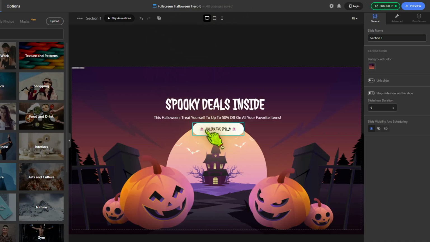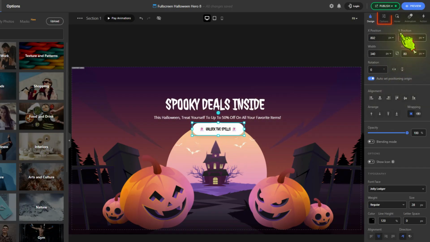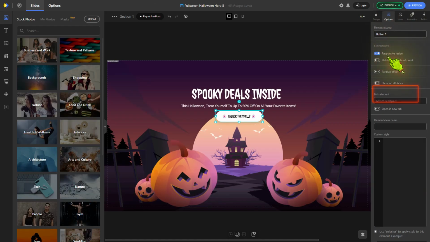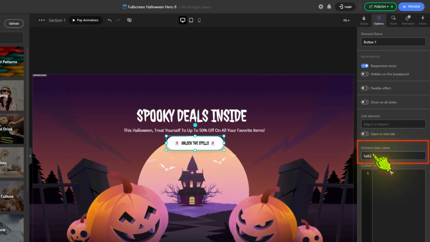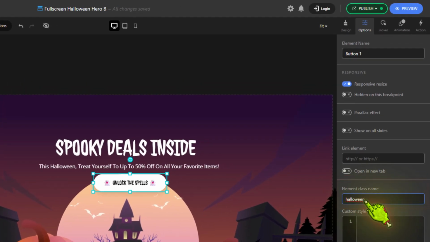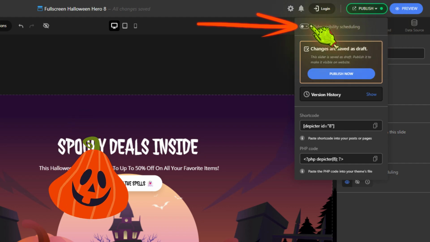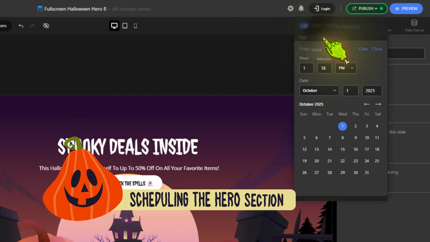Next, I want the main button, Unlock the Spells, to trigger my discount pop-up. I'll select the button, go to the options, and add a custom CSS class here. Let's call it Halloween. That's done. Let's hit Publish. Now I'll enable slider visibility scheduling, so this hero section shows up 2 weeks before Halloween and